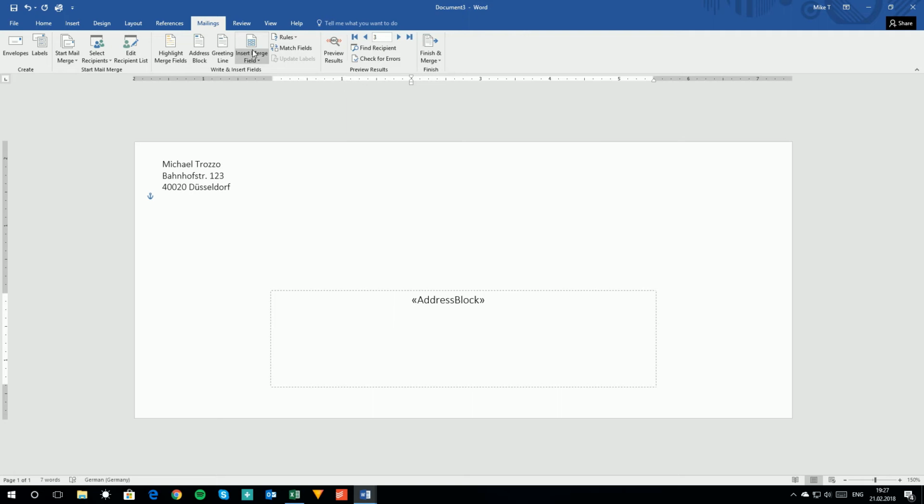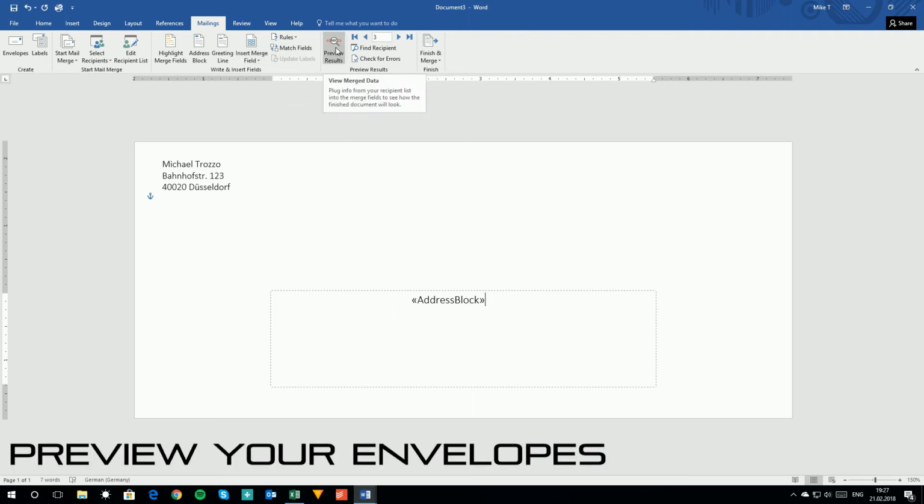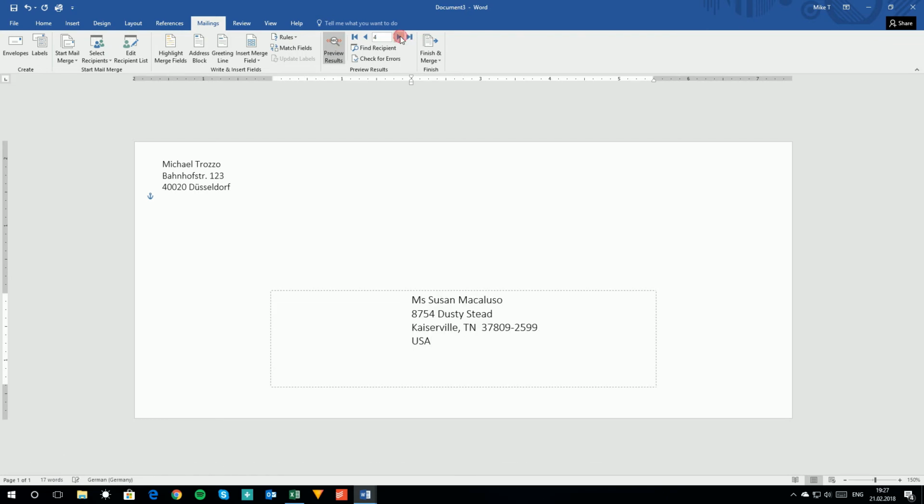We don't need anything else from here. So let's go ahead and preview the results. And we could scroll through. If you're not happy with it, if you want to make a bigger font or make something bold, you could also do that like you normally would. So since everything looks good here, let's click Finish and Merge